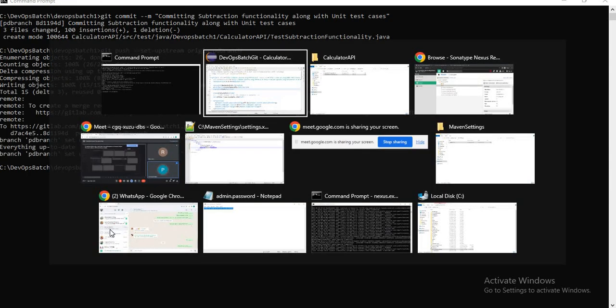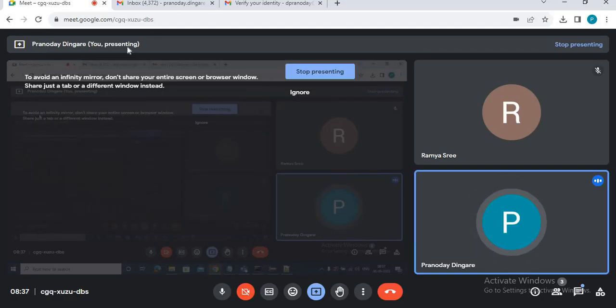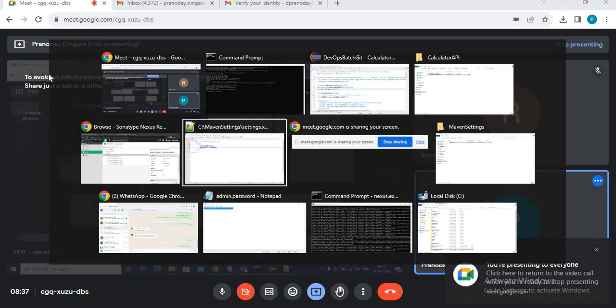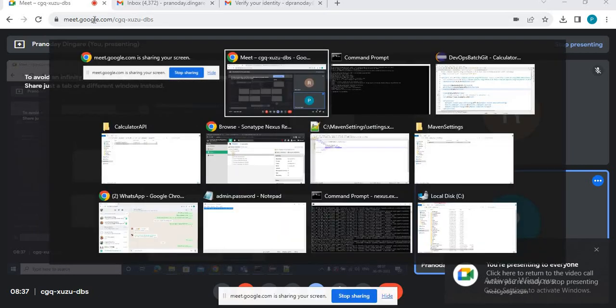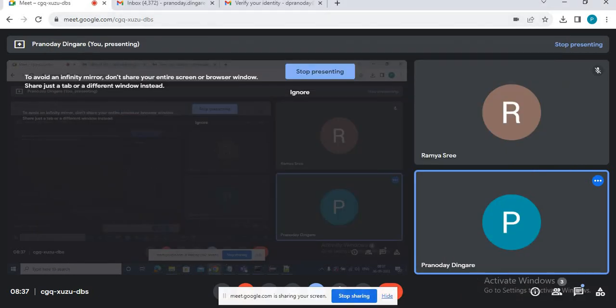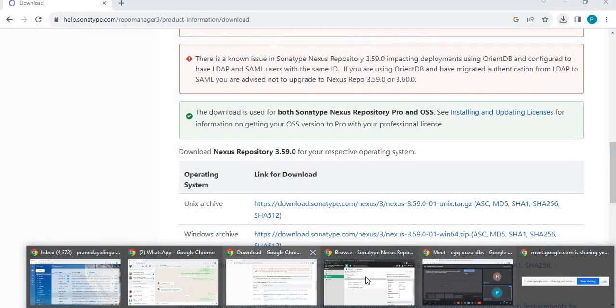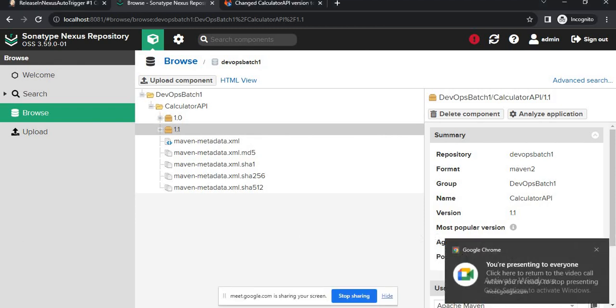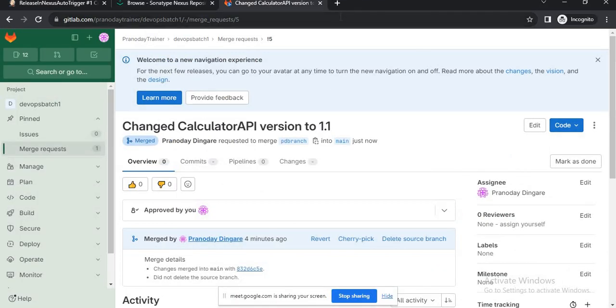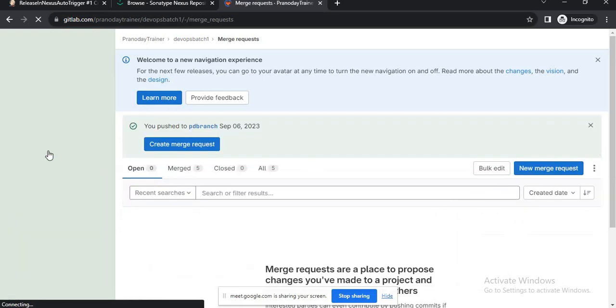Right, now let's push and let's go and create a merge request. Let me go to our Git repository and let's create a merge request.